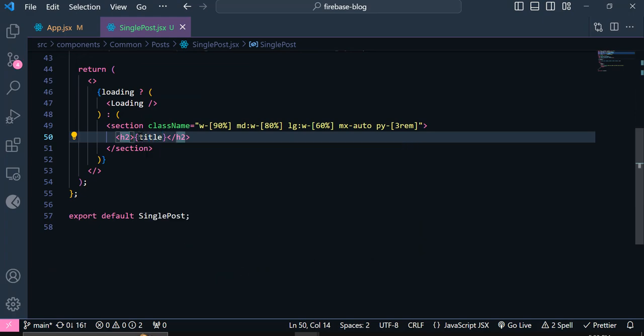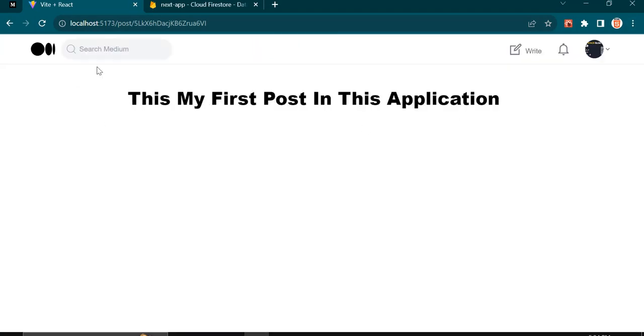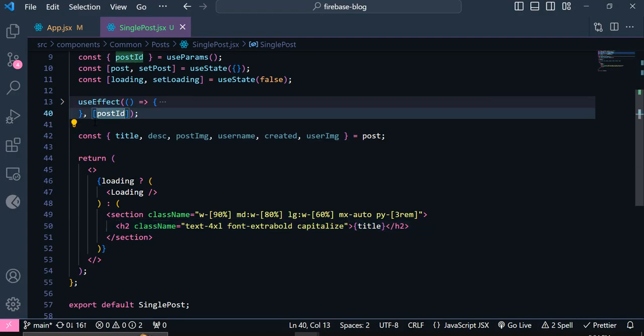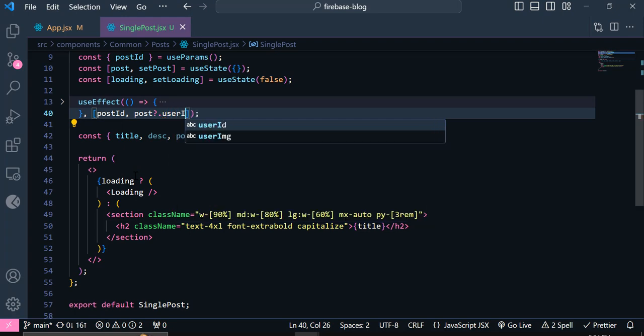So this heading 2 will have a class name. Text should be 4 pixel. Font is going to be extra bold. Okay, and this should be capitalized. Now let's check it. As you can see, here is our title. Alright, and one more thing, I forgot to add our user ID in this dependency. So in this case, it's going to be post.user_id. Okay,